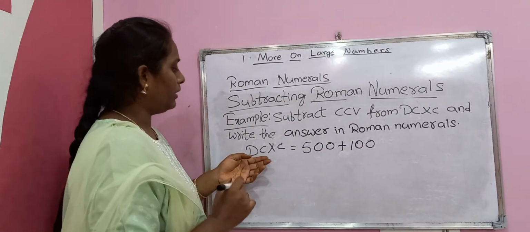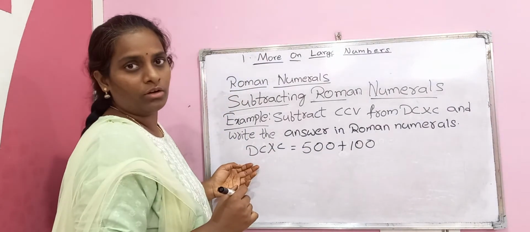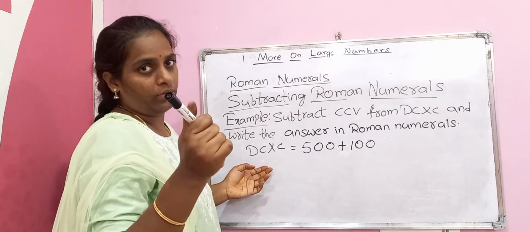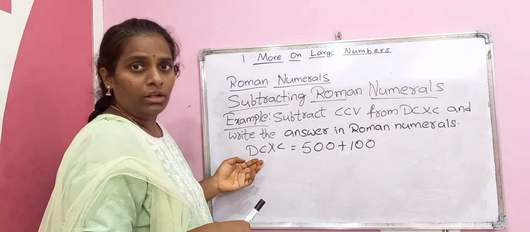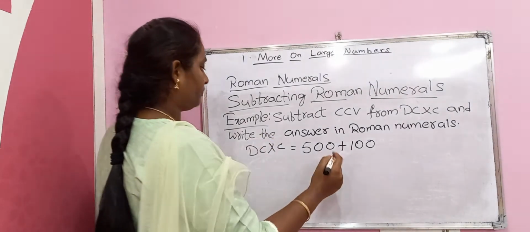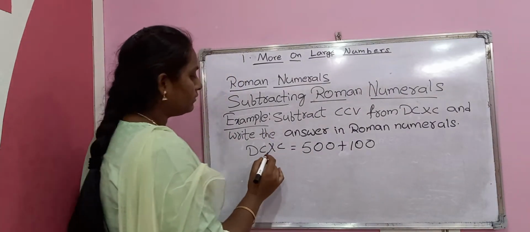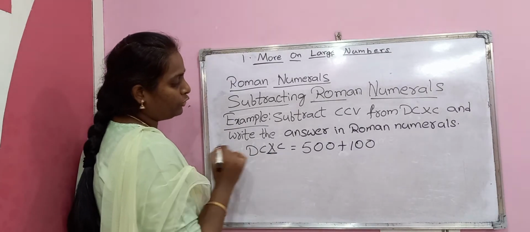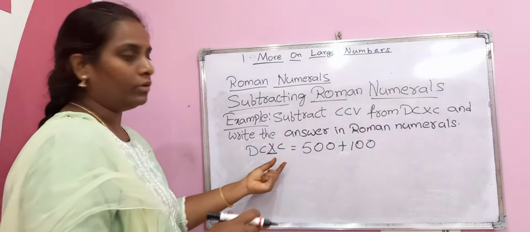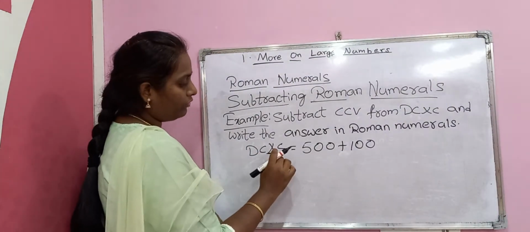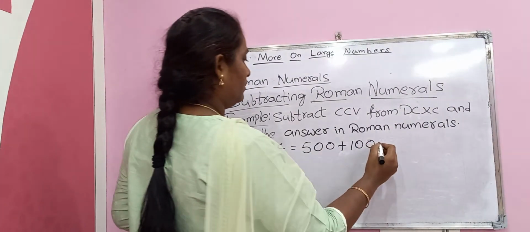Okay, because the smaller numeral follows the larger numeral. One rule is there. If smaller numeral follows larger numeral, we'll do the addition. Next, here smaller numeral is between the larger numerals. So we'll subtract after the larger numeral plus